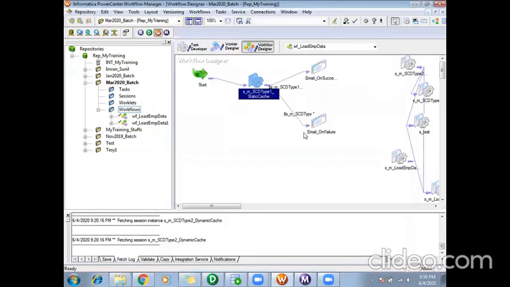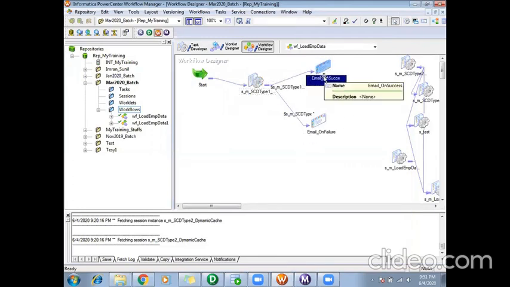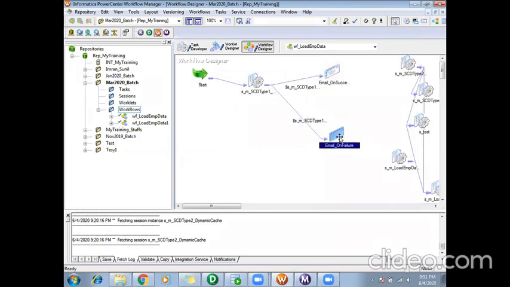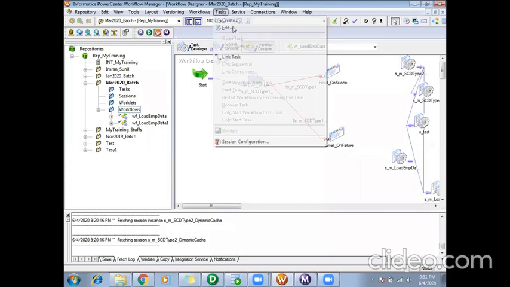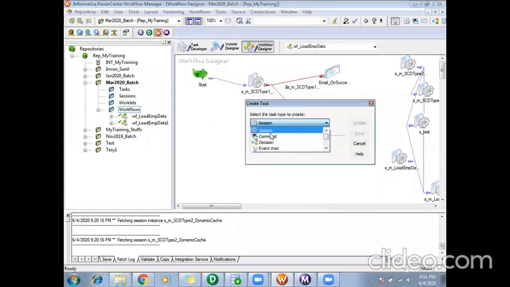So it always depends on your requirement. If there is no requirement to attach files, it is better to use the explicit email task, since it is more readable. If you want to attach files, you can't do it with the explicit email task, so you can use the email property within your session. So this is the second task, the email task, which is used to send mails. Then the next task is called the command task.